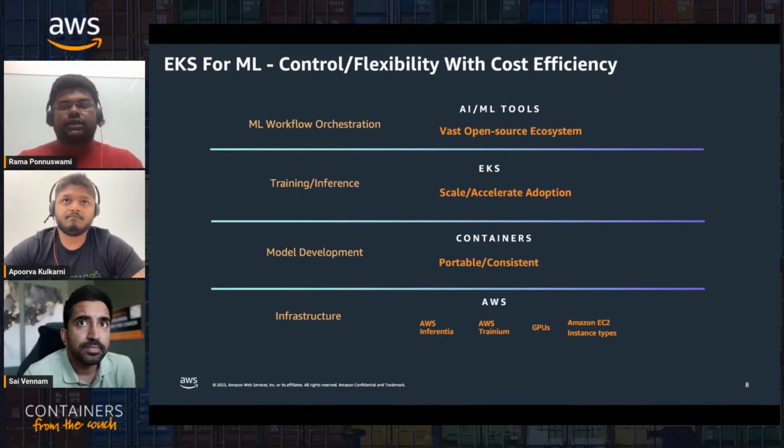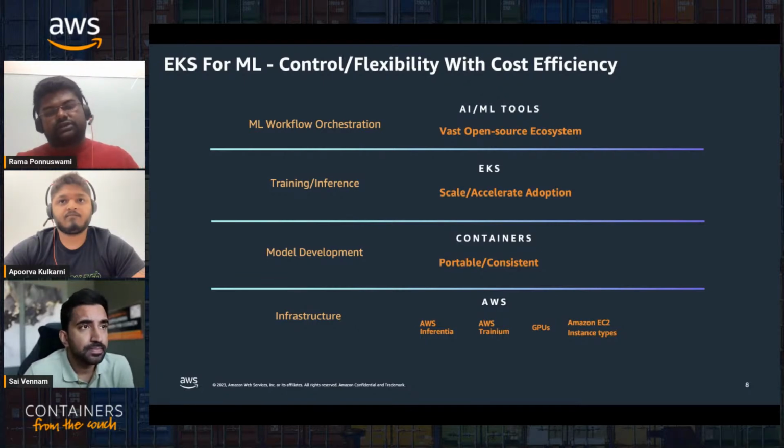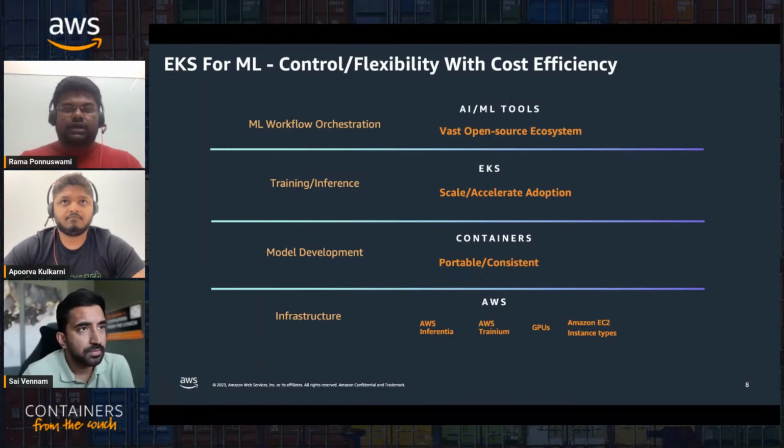Apart from auto scaling and resiliency that is built in, it helps you easily orchestrate training and inference by reducing failures as well. But another thing that I do want to mention, I touched upon this a little bit earlier, is that we're seeing customers standardize on Kubernetes, right? What we're seeing with EKS is customers are actually building internal development platforms that are using EKS. So when it comes to machine learning as well, the innovations that are happening in generative AI are only solving the model efficiency layer of it, right? You still have to solve